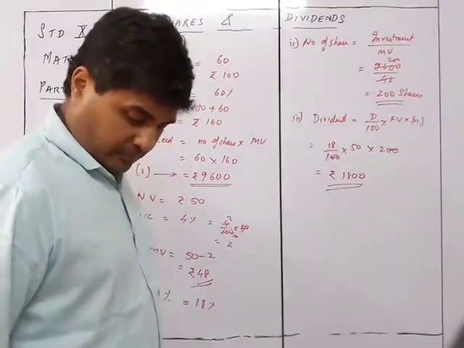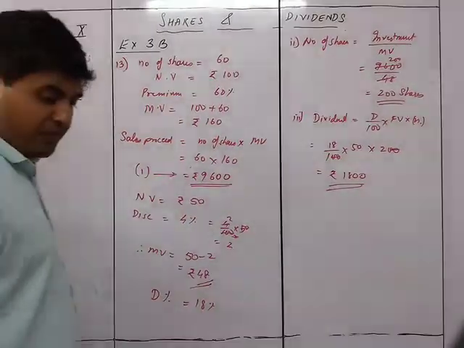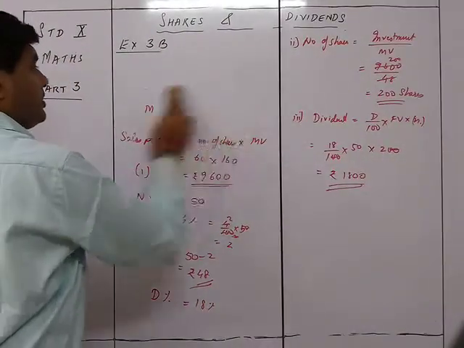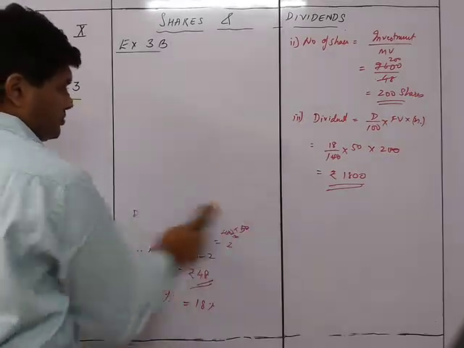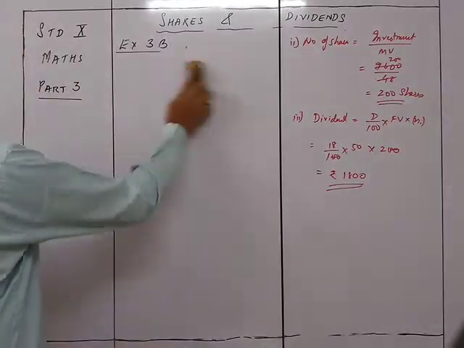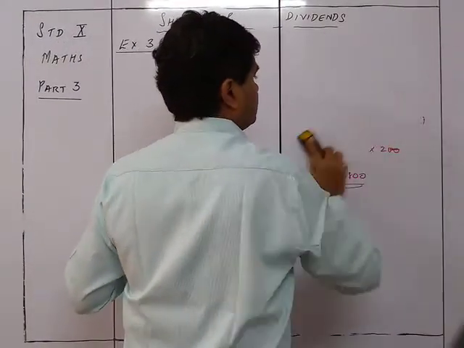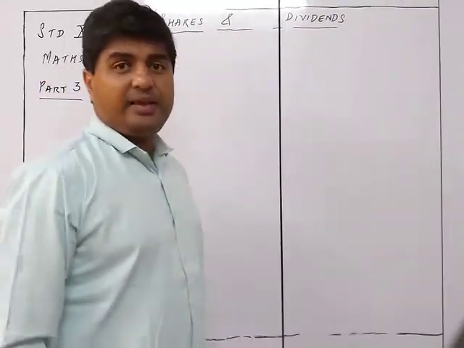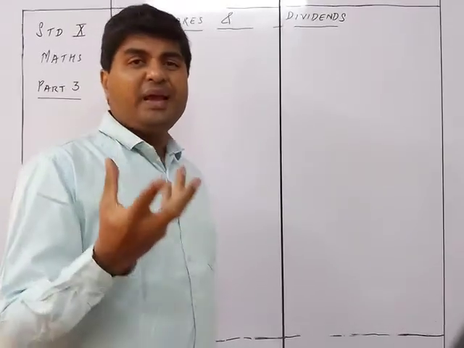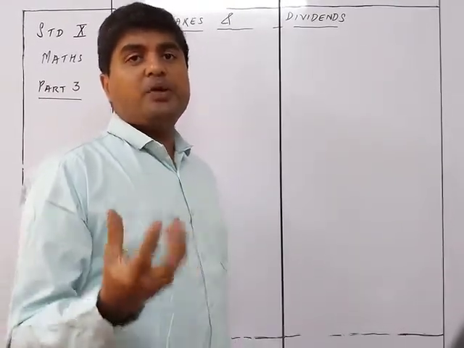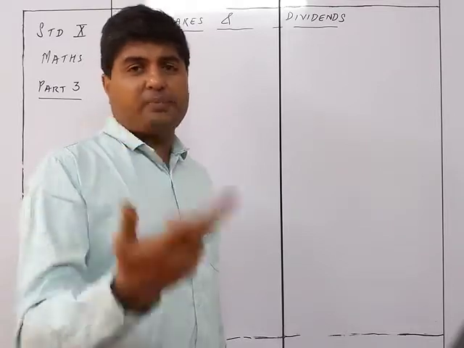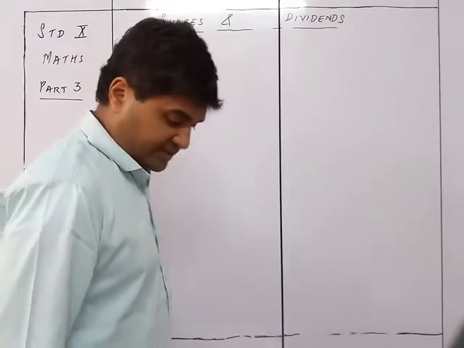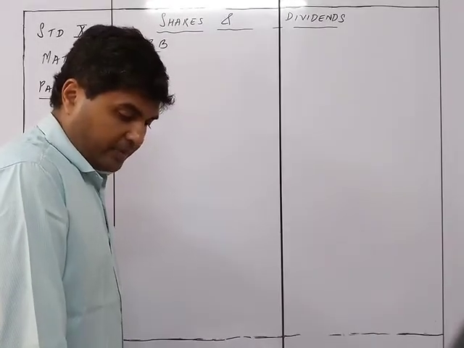Okay, good one. Chalo. We now move on to sum number 15. You can see the sums are really easy once you understand the meaning of the question. If you are able to identify the FV, MV, return percent and everything, then the sums are very easy because they are all formula based. Of course, you need to remember the formula.